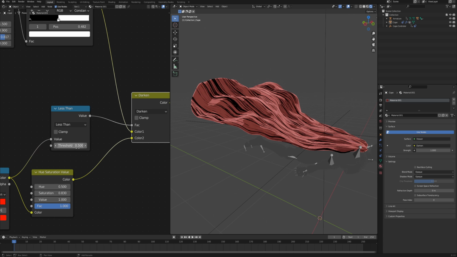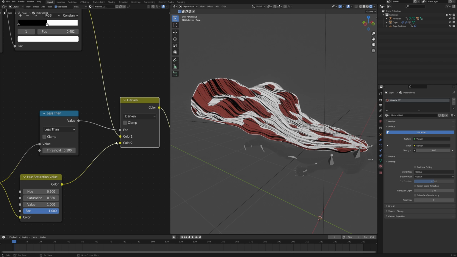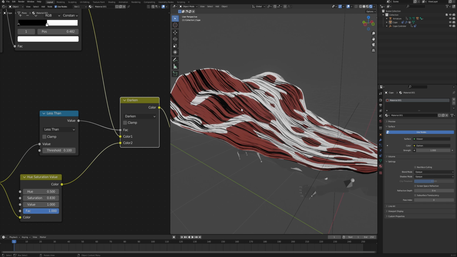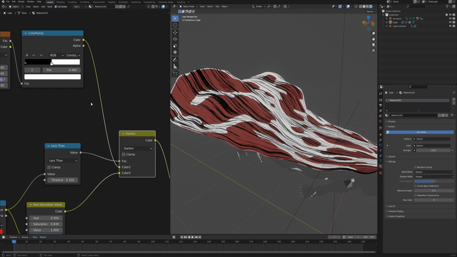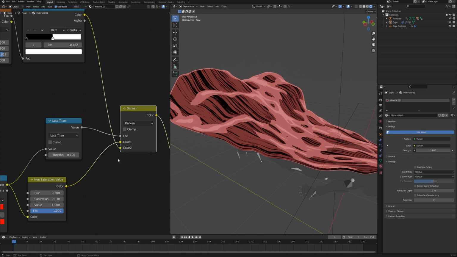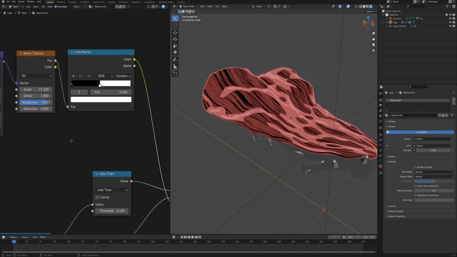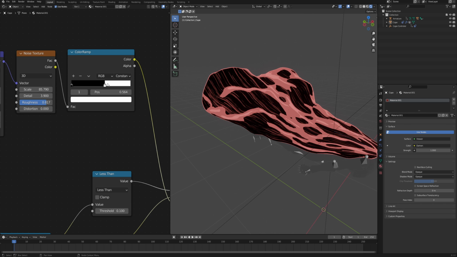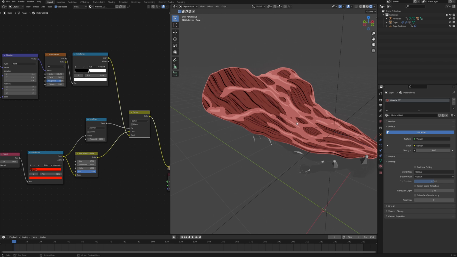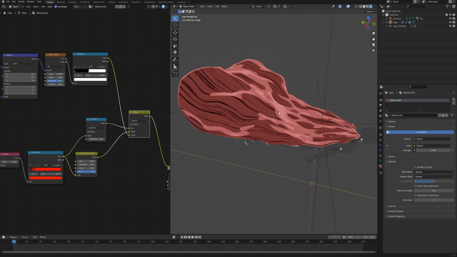Now as you bring down the less than threshold value, you can see that the areas affected are less and less. And if you have this problem as I do right now, that the hatching is actually everywhere and just the color is on a smaller and smaller area, just change the order in which the hatching and the color are being connected with this mix RGB node. So let's just switch it like that, and this should give you the proper result. So I will just adjust the noise a little bit, because I don't quite like it right now. Maybe something like this, and also stretch it a little bit, but feel free to spend as much time here as you want and adjust it until you're happy with it.